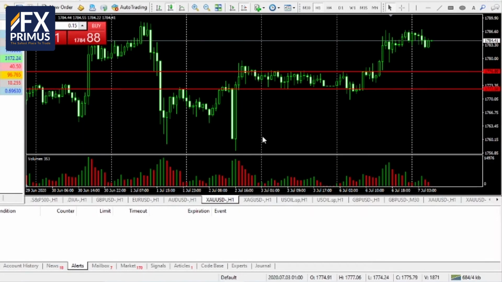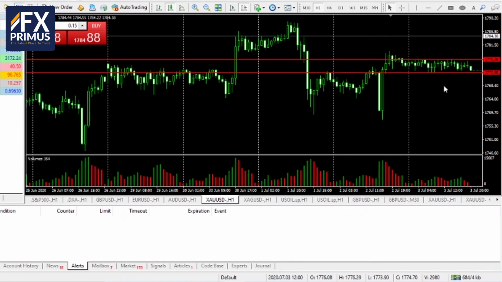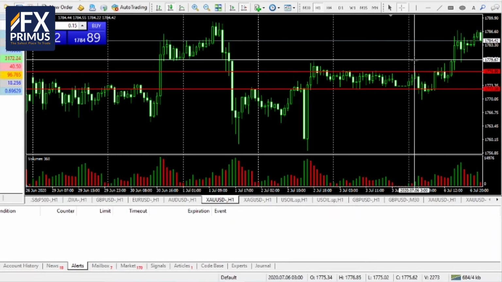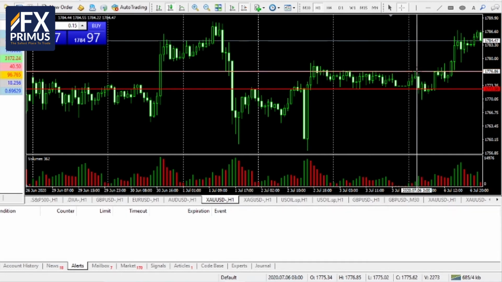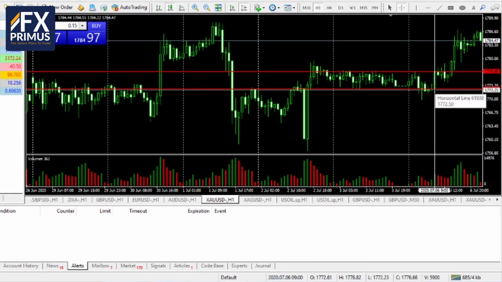Okay, so looking at gold prices now, again, last Friday, as the US markets were closed, we can see that the liquidity, volume and also volatility on gold prices was pretty subdued. Yesterday during the Asian trading session, it was still pretty quiet, and only towards the UK trading session